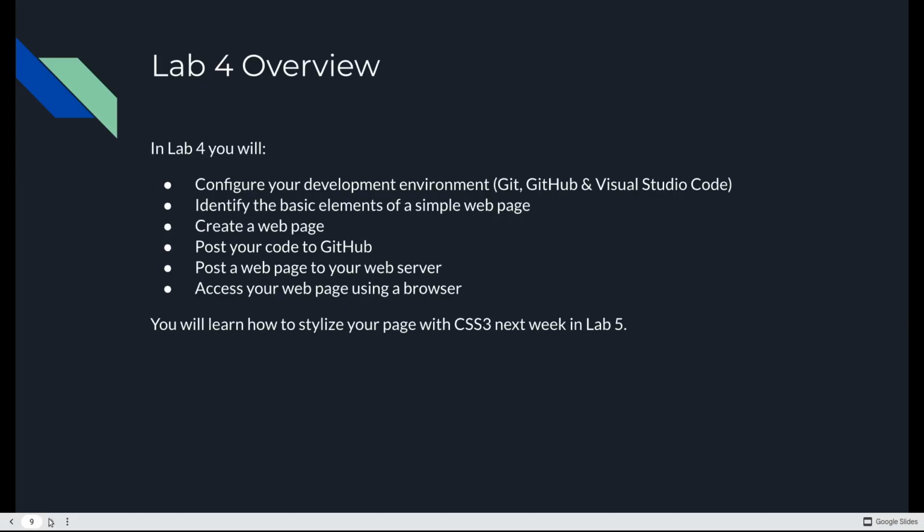Next week in Lab 5, you're going to learn how to stylize your page with CSS3. And I should mention, Lab 5 is the halfway point for the lab content, because there's only 10 labs. We're getting pretty deep in, and we're only 4 weeks into the course. With all that in mind,